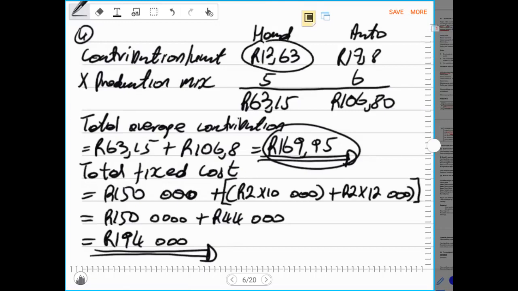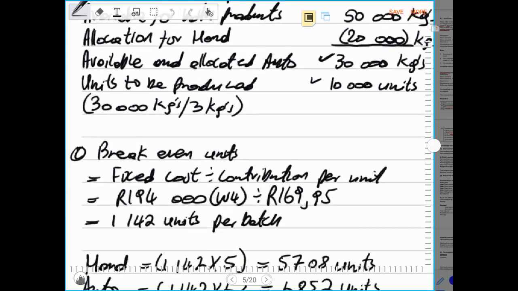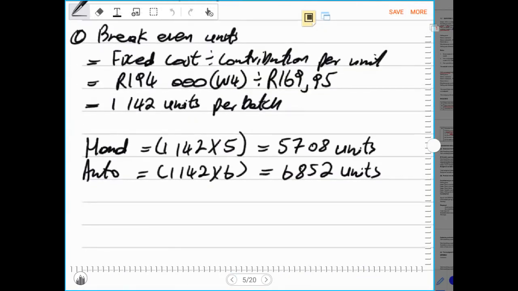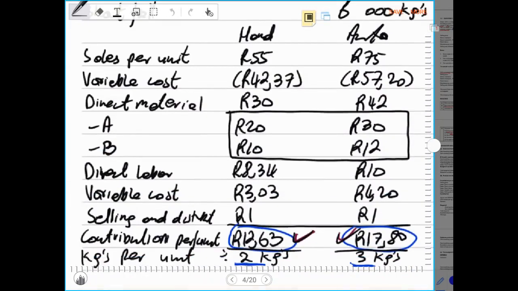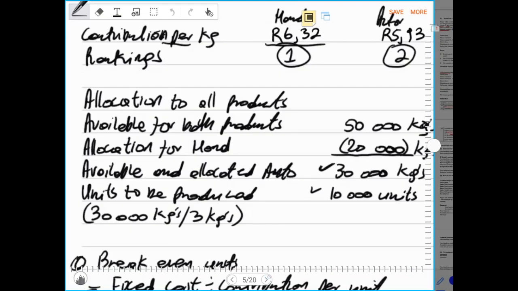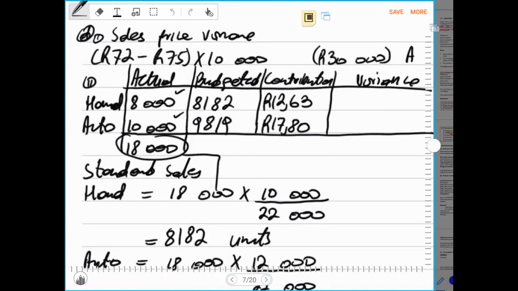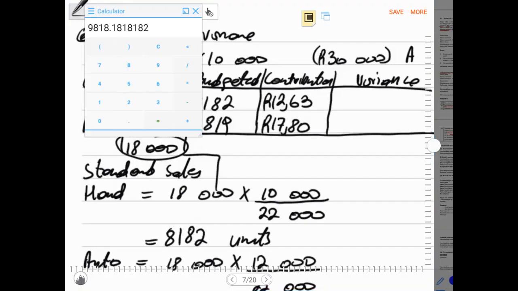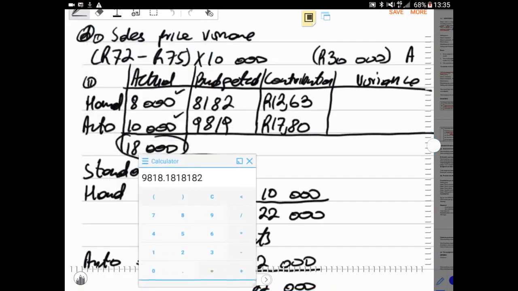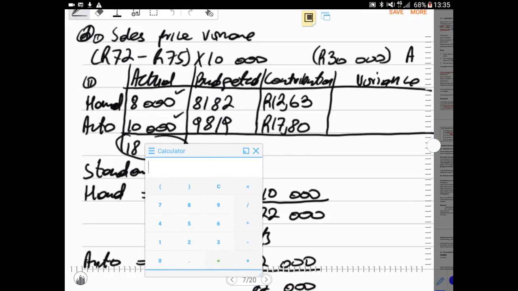It was 12 rand 63 and 17 rand 80. Where was this coming from? It was coming from our original calculation that we did here at the bottom, 12 rand 63 and 17 rand 80 cents. Nothing has changed. You take your contribution as it is. And remember, if the company was using absorption costing, then the contribution would have taken into account fixed cost manufacturing